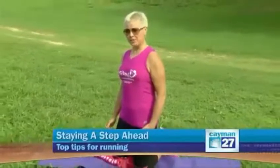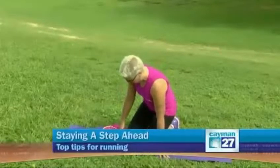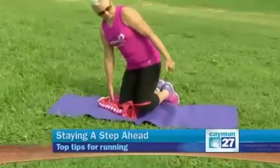Number 5, your bum. More specifically, your gluteus medius. This is a very important muscle in hip and pelvic stability while running. Most of you probably do this exercise on your side. For runners, I like you in the kneeling position because it's weight bearing. So get on the edge of a towel, put a band around your knees, keep your feet together,